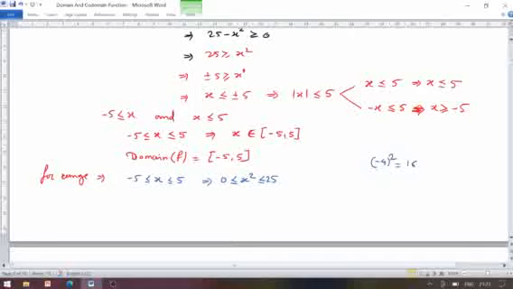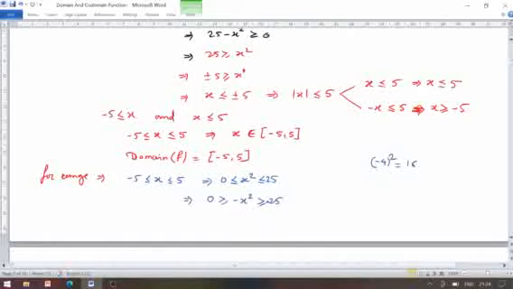Now we are thinking over it. As per the given function, we will require minus x square. After multiplying throughout by minus 1, 0 into minus 1 becomes 0, and the sign of the inequalities must change from less equal to greater equal. So 0 is greater equal than minus x square, and that is greater equal than 25 into minus 1, which is minus 25.